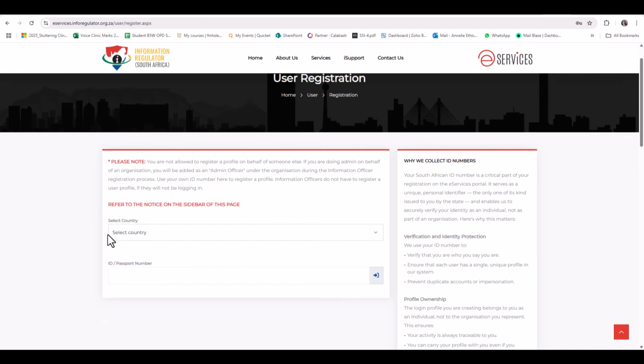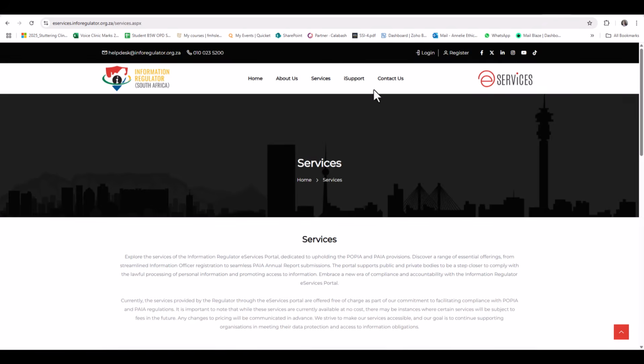This is not the registration as an information officer. This is merely allowing you to have admin access to the eServices portal where you will register as an information officer and upload the necessary documents. So if you go through the questions and follow the prompts on screen, it'll take you through the whole registration process. Now, since I am registered already, I'm just going back to the home screen,